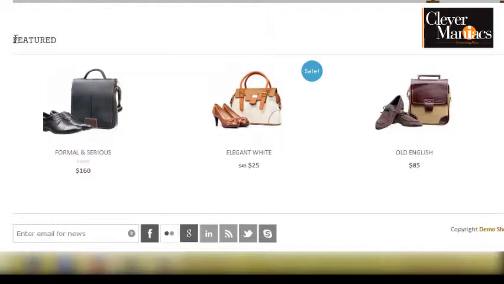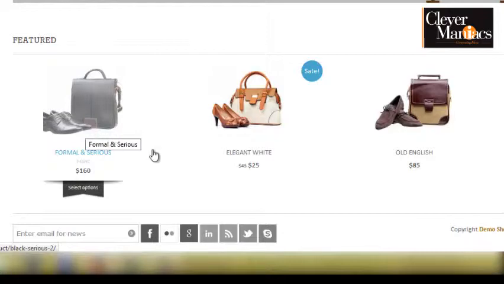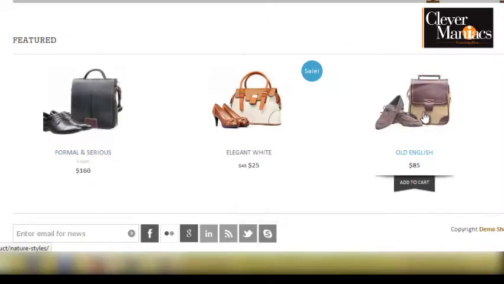And if I look at these 3 products, this one, where I sort of hovered over it, says Add to Cart right here. And notice that's going to be different from this one right here, which if I hover over it, says Select Options. That's because these are actually 2 different types of product. And actually, we're going to look at this in later videos on the back end. This is a simple product, and this is a variable product. And the difference is that with the simple product, if I click on it,